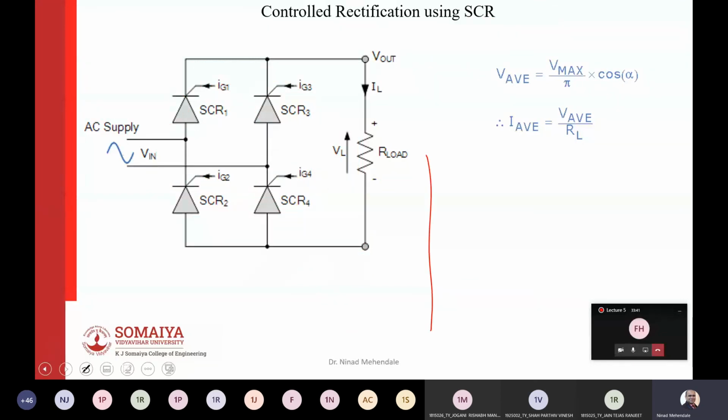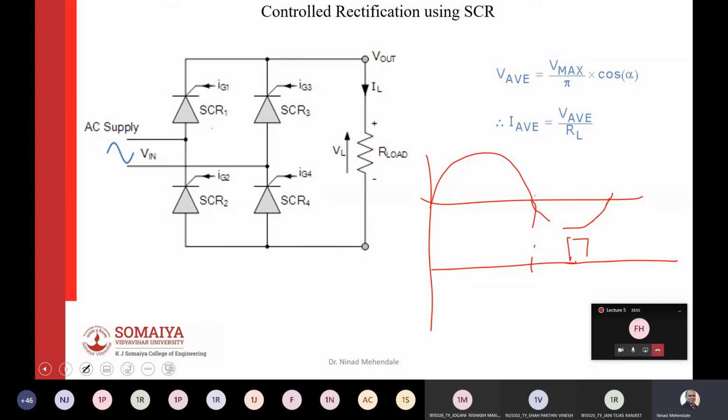So for example, if this is your input waveform, and this is the pulse to SCR1, and you pulse your SCR here in the negative cycle, then your anode positive and cathode negative condition has gone. In that case, if you pulse, it will not turn on. So to turn on an SCR, the main thing is first the anode should be at positive voltage and the cathode at negative voltage, and only if you apply the pulse while this condition is satisfied